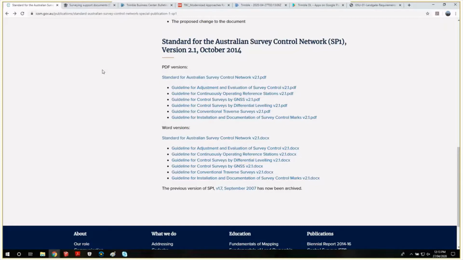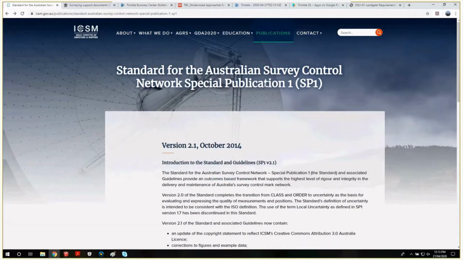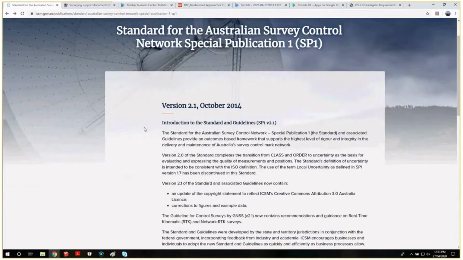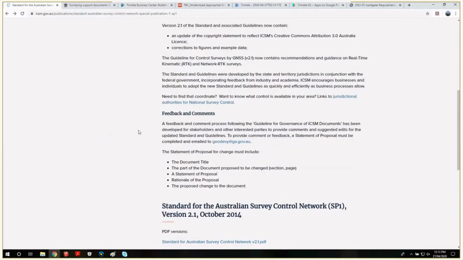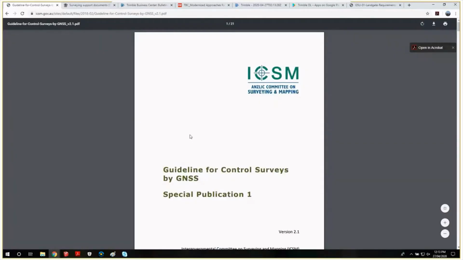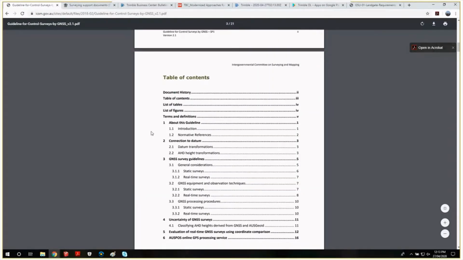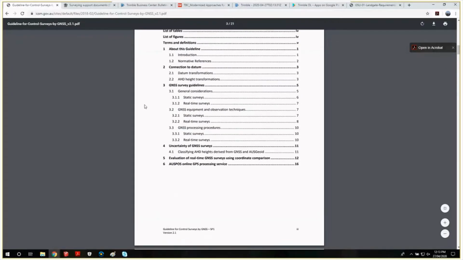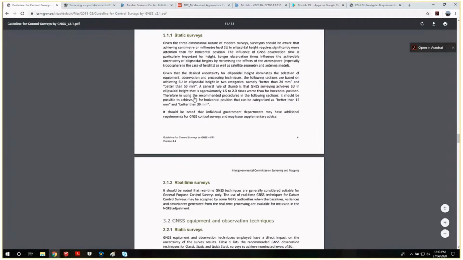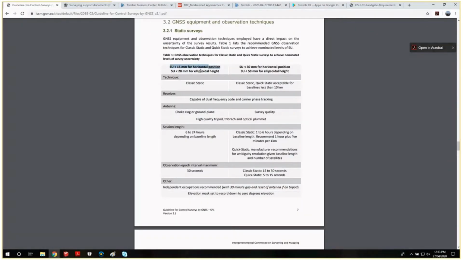So a couple of things for the Australian market. The ICSM, Committee on Surveying and Mapping, they put out a document called the Special Publication, and that is around how to conduct different types of surveys. Now, it's very detailed, and it's also quite conservative in some of the things it would suggest. So this one, Guidelines for Control Surveys, is a good one to have a look at. It does give you some guidelines. Let's look at static surveys for the time period and the equipment that you should be using as well to try and achieve a certain survey uncertainty,